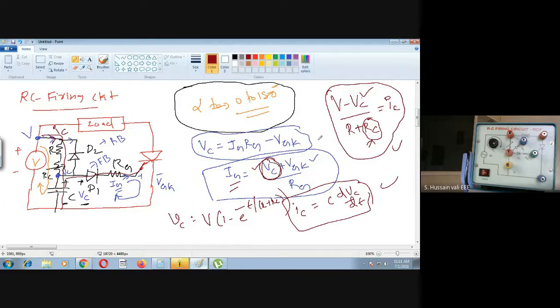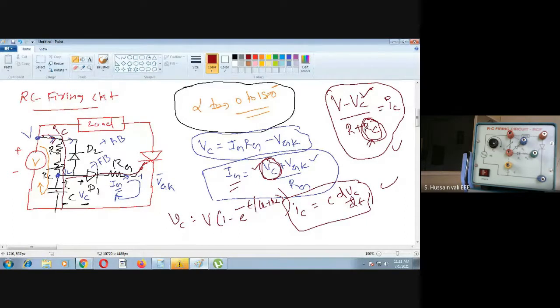Okay, so how do you do that? In this mathematical equation, you vary VC. How can I vary VC here? If I want to vary VC, I will vary RC. So if I vary RC, VC will vary here. That is the logic. So how do you vary RC? That is in your hands in the kit you see. In the kit you have this rotating knob, just now you have seen. So by varying the rotating knob, you vary RC. So VC will vary. So IG will vary.